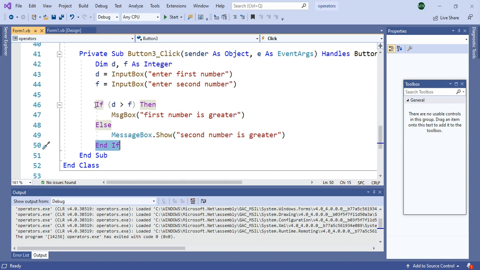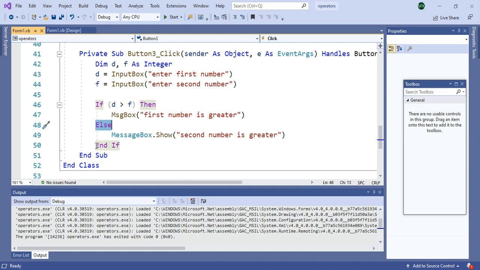So please remember how to write the If, Then, Else control structure. First the If condition, then which action should be taken, that you should write after Then. If this condition is false, then what to do, that you should write inside Else.